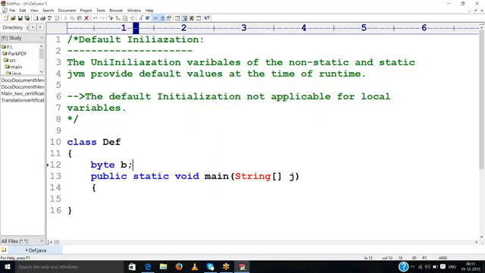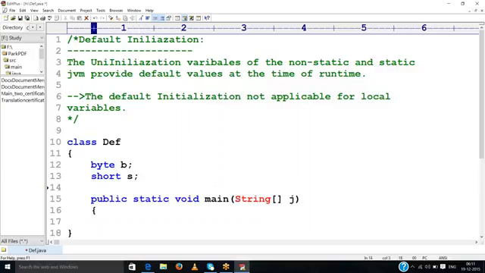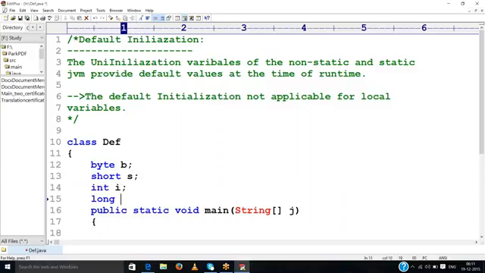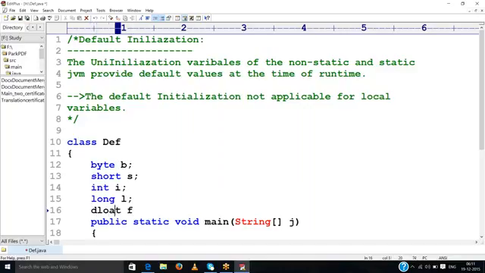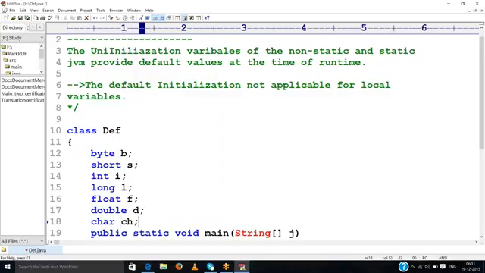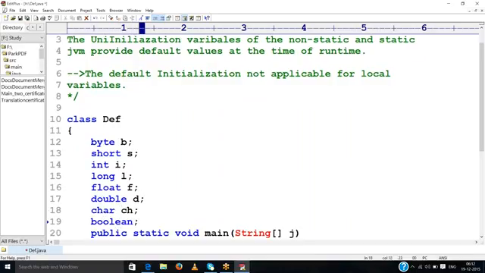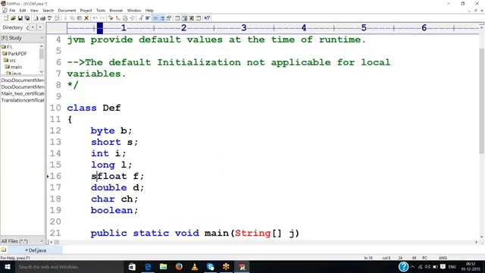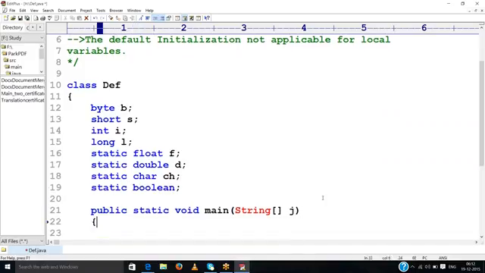Here I will declare a boolean, and these are the static variables. Okay,